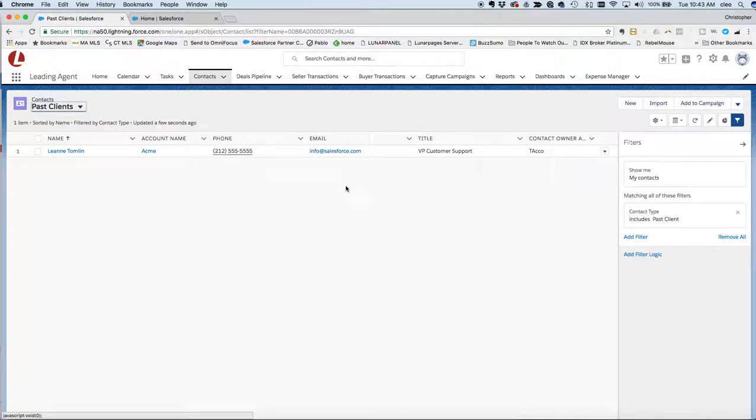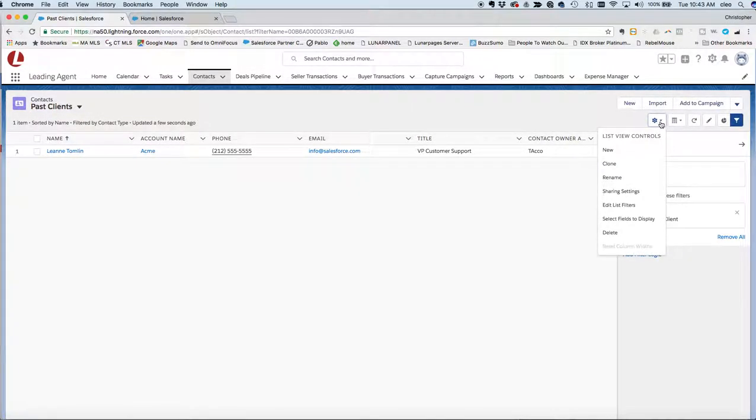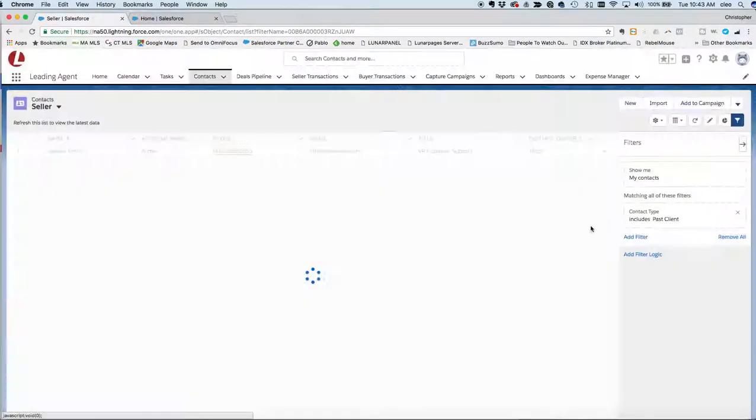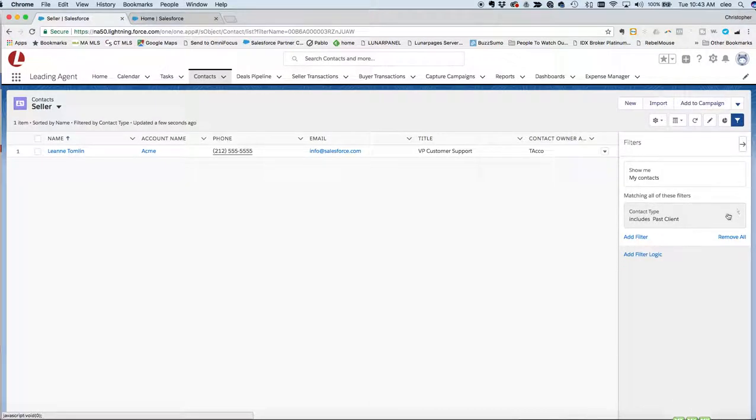So you can make all kinds of list views for all kinds of things. You can even rapidly make them if it's the same type of list view. So for instance, this one's past clients, but maybe you want one for seller. And so all you do, you go over here to list view controls, and this time instead of new, click clone. And it's going to make a copy of this, and we could call this seller. And we'll make it visible to all. And so then we go over here, and we don't want past client, we want to change that. So we'll click on it,